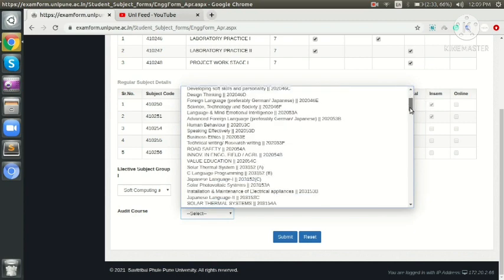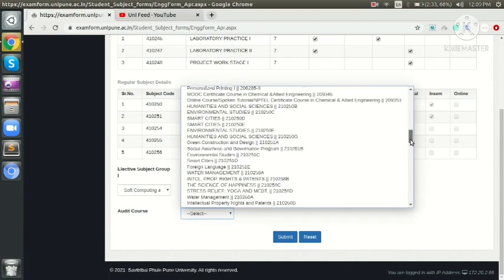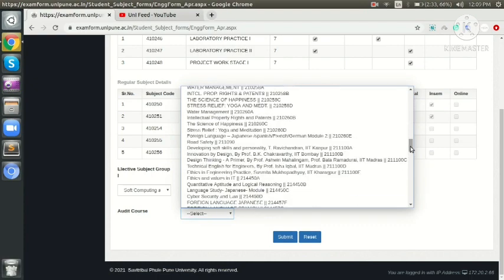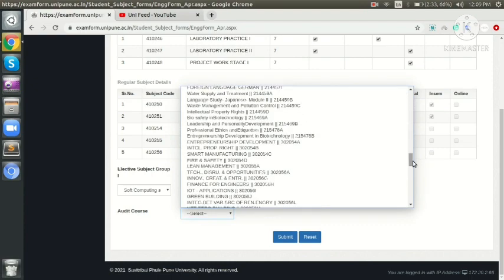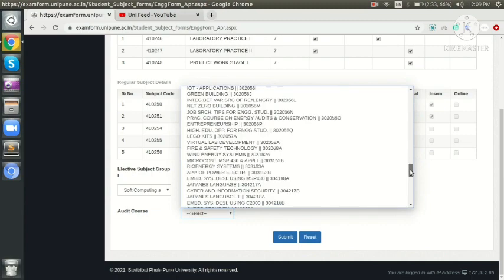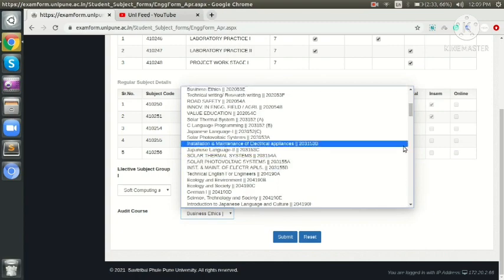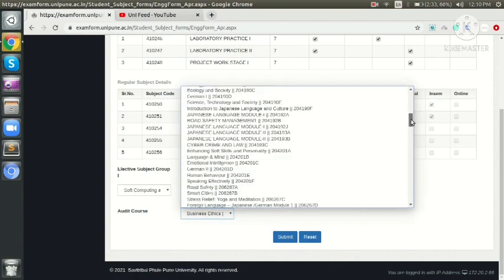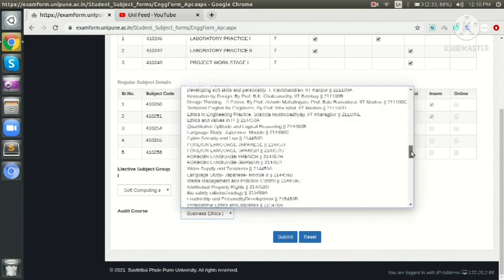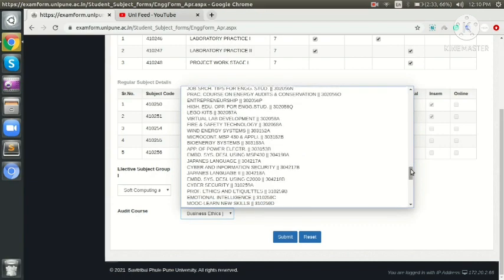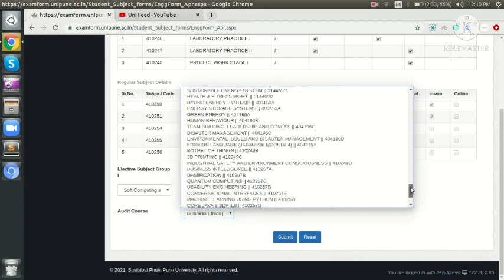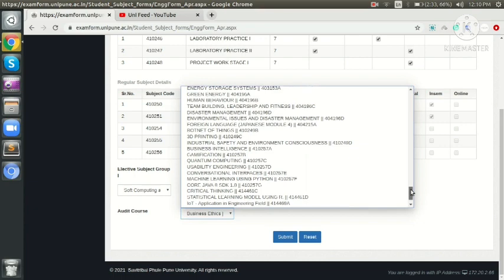Okay, so here, I'm unable to find the option.